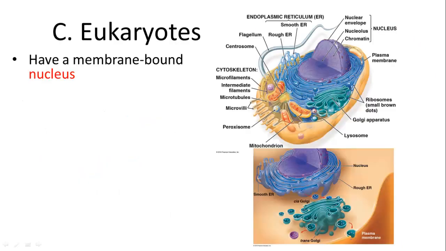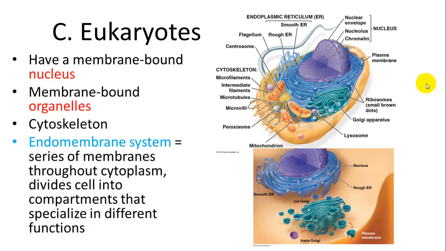Eukaryotes have a membrane-bound nucleus. And you see the cell itself is a lot more complicated when you put everything together. It has membrane-bound organelles as well. It has a cytoskeleton, and it has an endomembrane system. So the endomembrane system, you can see this highlighted in the picture to the bottom right. It has a number of membranes, phospholipid bilayers, which form compartments which package and repackage things and send them around the cell.